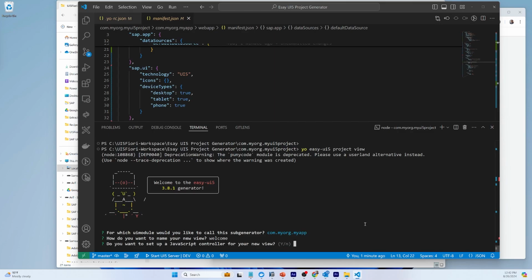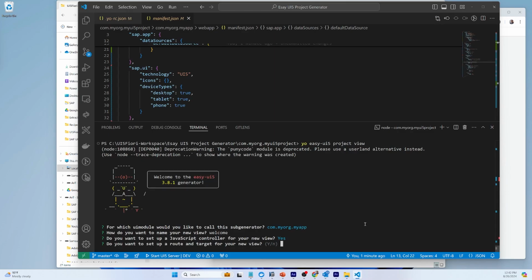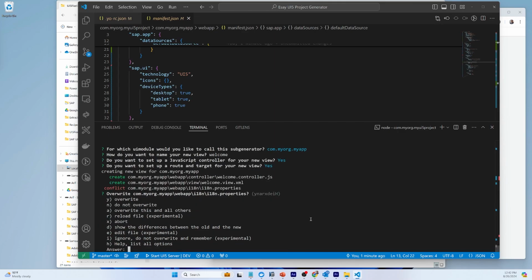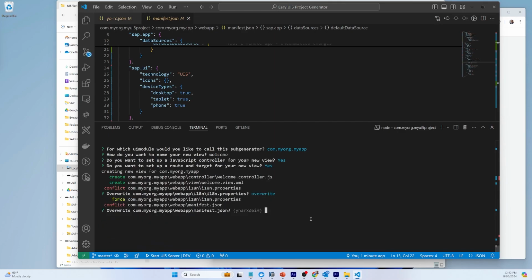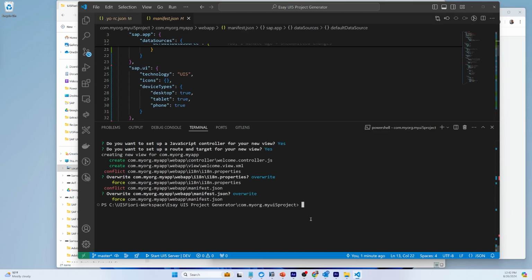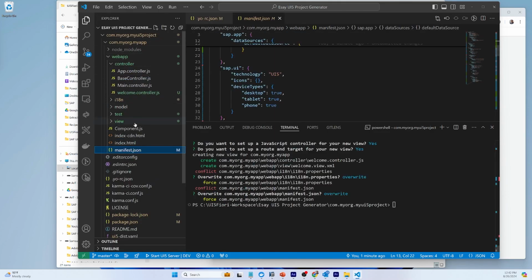So it's a JavaScript controller. Okay, so it will also add the controller as well. It will also add the route setting and the targets. It's really nice because otherwise you have to manually configure everything in the manifest. So I want to continue. Yes, overrides is fine. Again, overrides. Okay, it's done. So if I go to my project,